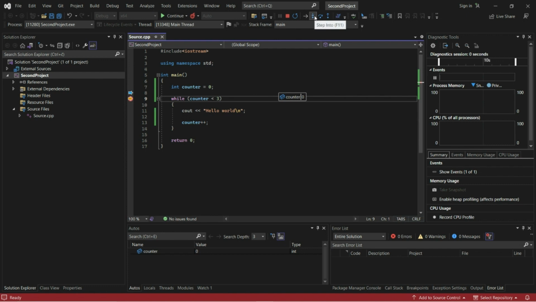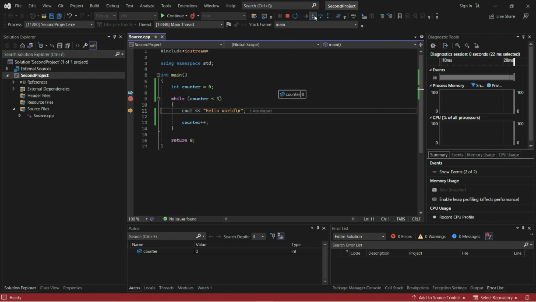So first the condition is checked. And because it is true, this block of code inside curly brackets will be executed. And after first iteration, counter variable is increased by 1. Then loop goes in second iteration. Because condition is true, it again executes code inside curly brackets.